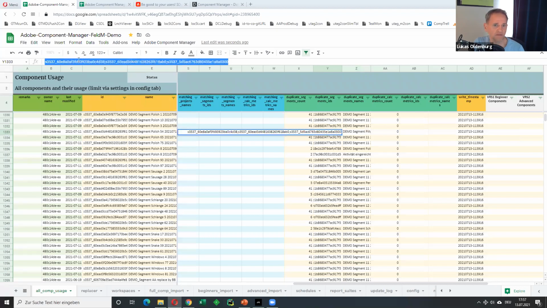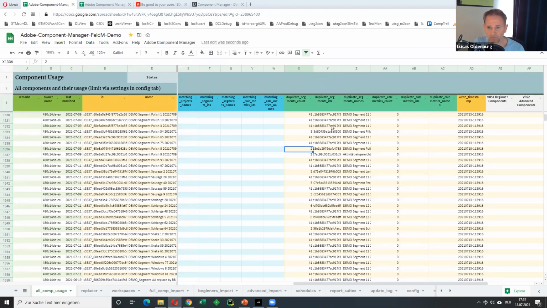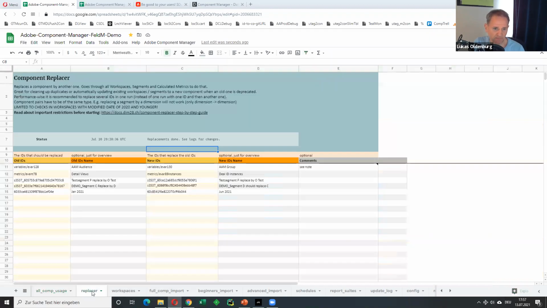And what I can do now is take one of these IDs, or all 3 of them, go to the Replacer tab. I'll paste the ID here, the 3 duplicate IDs here, and say, hey, please replace them by this ID, by this segment. So replace these 3 segments by this segment. So all workspaces, all segments, and all calculated metrics that use this component or this segment will be replacing